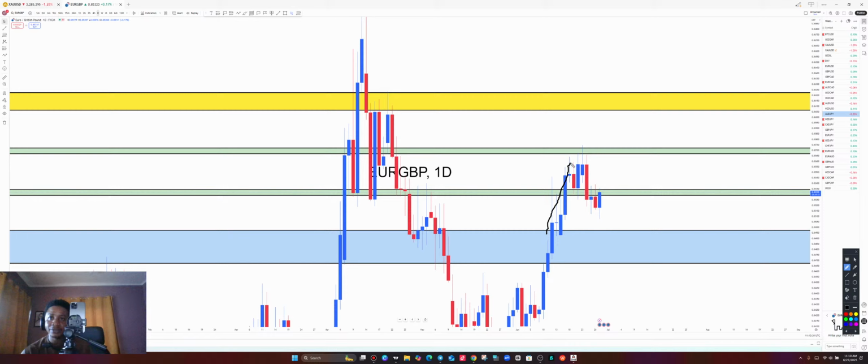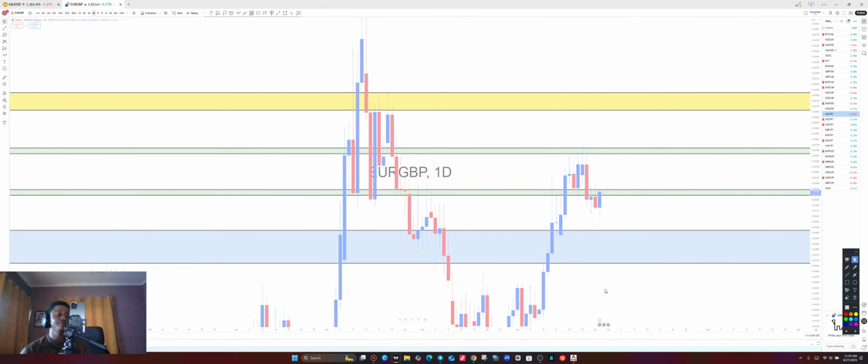This was a push to the upside. It gave us a higher high. We have seen a higher low. We are expecting price to continue going all the way up. So this particular area on the daily is where we are going to locate our buying opportunities to the upside. But how do we pick the buy to the upside? Let's go finally to the 4H time frame and then complete this analysis on the 4H.